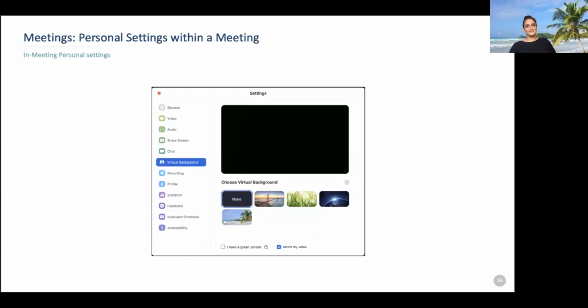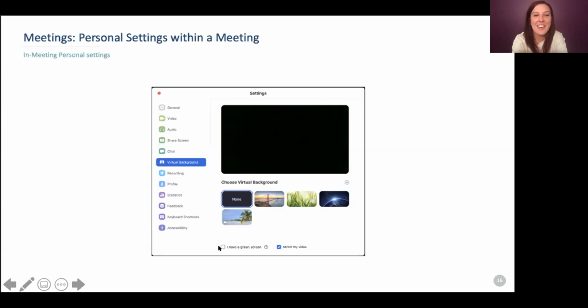So what? Go ahead. I don't know what you mean. I'm here on the beach. I know. Let's just all go to the beach. If you happen to have a green screen, which who doesn't have a green screen? If you happen to have a green screen, you can have some fun with that as well, which I don't happen to have a green screen.